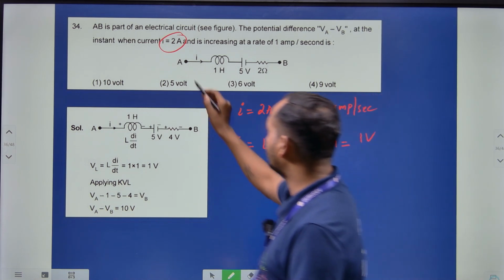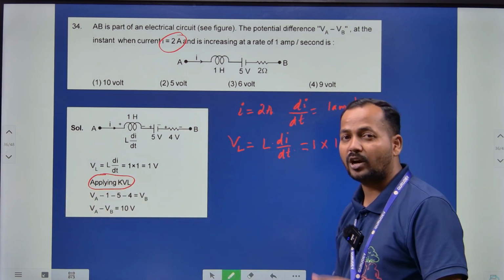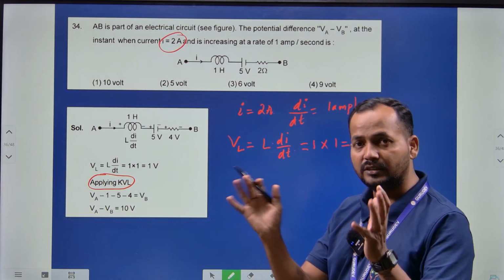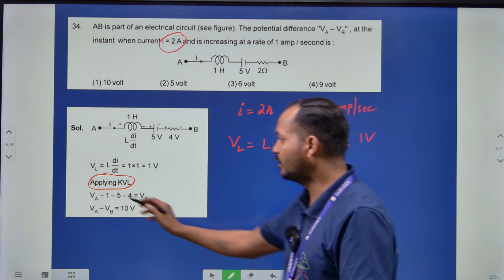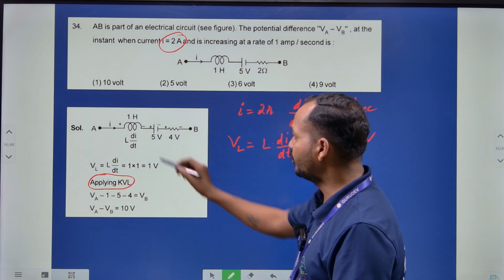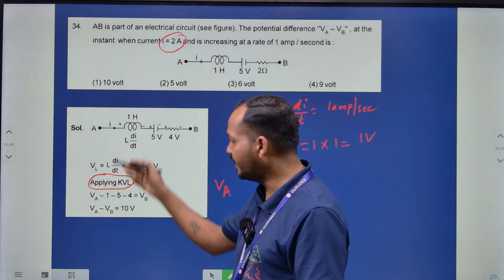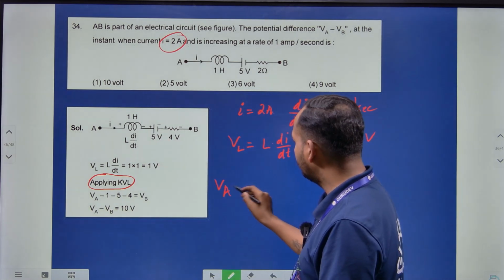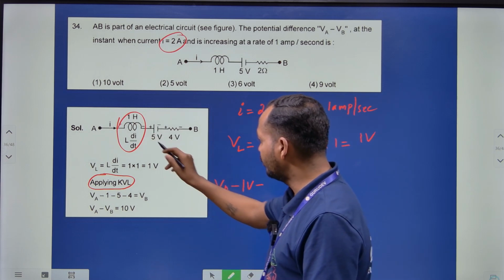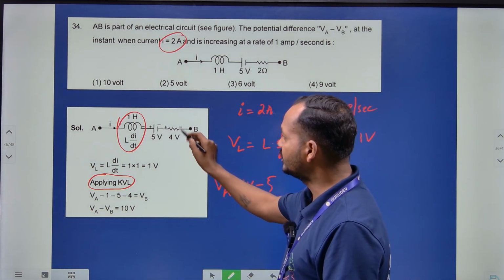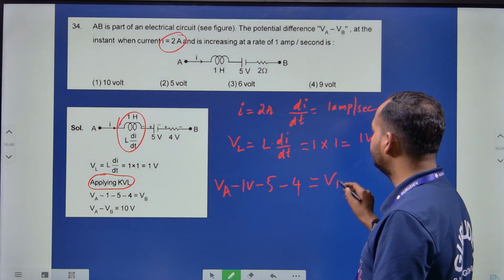तो इस अक्रॉस A एंड B हम लोग क्या लगाएंगे, KVL, किरचॉफ्स वोल्टेज लॉ। किरचॉफ्स वोल्टेज लॉ आपको पता होता है कि नेट पोटेंशियल अक्रॉस द जंक्शन इज जीरो, यानी सम ऑफ द ऑल द पोटेंशियल डिफरेंसेस अक्रॉस ऑल द जंक्शन इज जीरो। तो वहां पे हम लोग KVL लगाएंगे तो पोटेंशियल VA यहाँ पे है, VA यहाँ पे माइनस 1 वोल्ट जो है अक्रॉस द इंडक्टर होता है, along the direction of current with a negative sign, और यहाँ पे एक बैटरी है पॉजिटिव टू नेगेटिव जो होता है -5, और यहाँ पे एक रेजिस्टर में पोटेंशियल है जो 4 वोल्ट है, -4 वोल्ट इज इक्वल टू VB होगा।